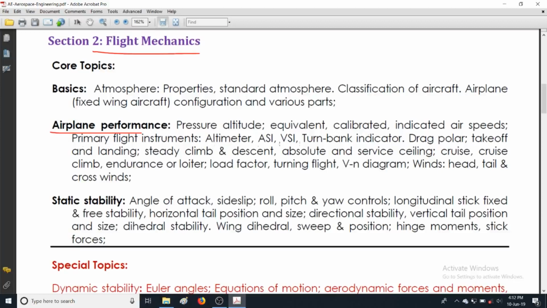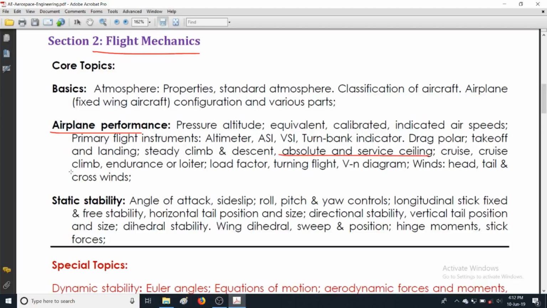This is also a theoretical part, and then we will go for the drag polar curve, and then we will go for the different phases of aircraft like takeoff, climb, cruise, descent, and landing. And in the landing part we will see how much distance is taken for each phase, and then we will go for the absolute ceiling and service ceiling, and then we will go for the